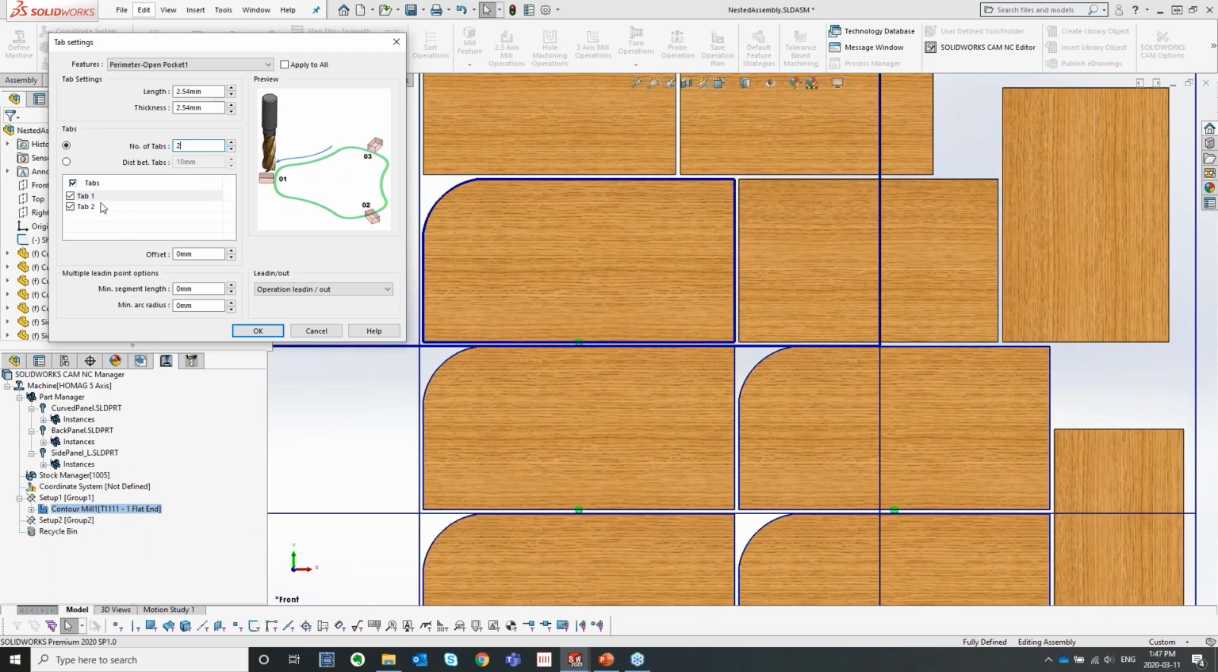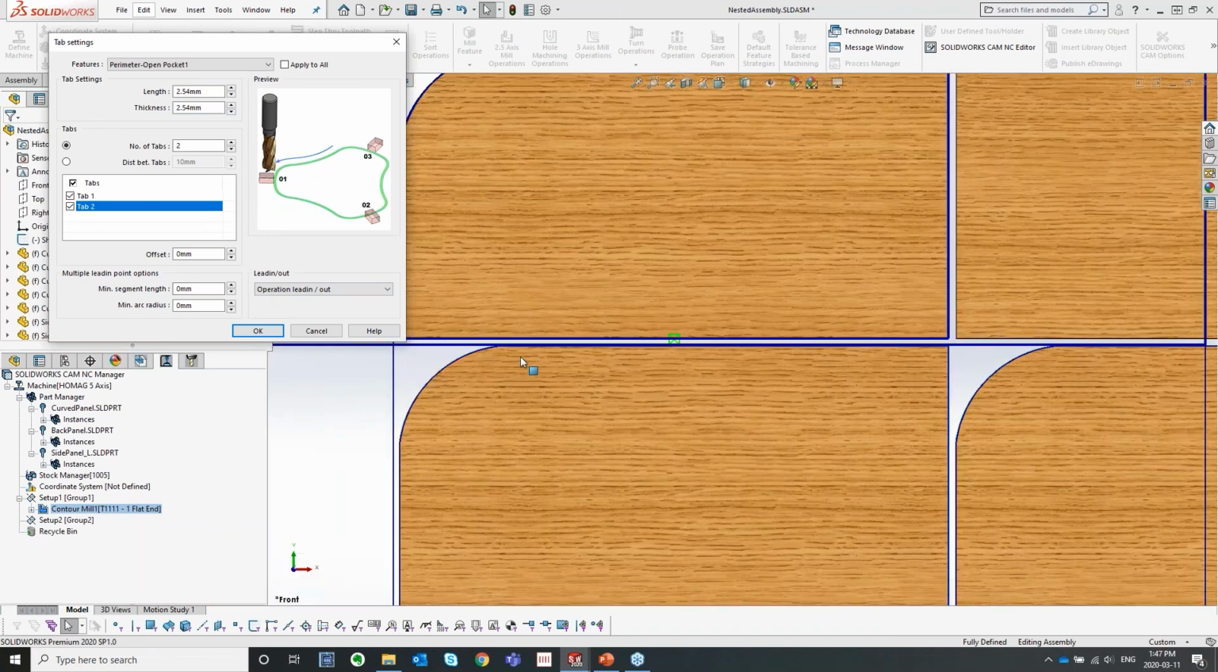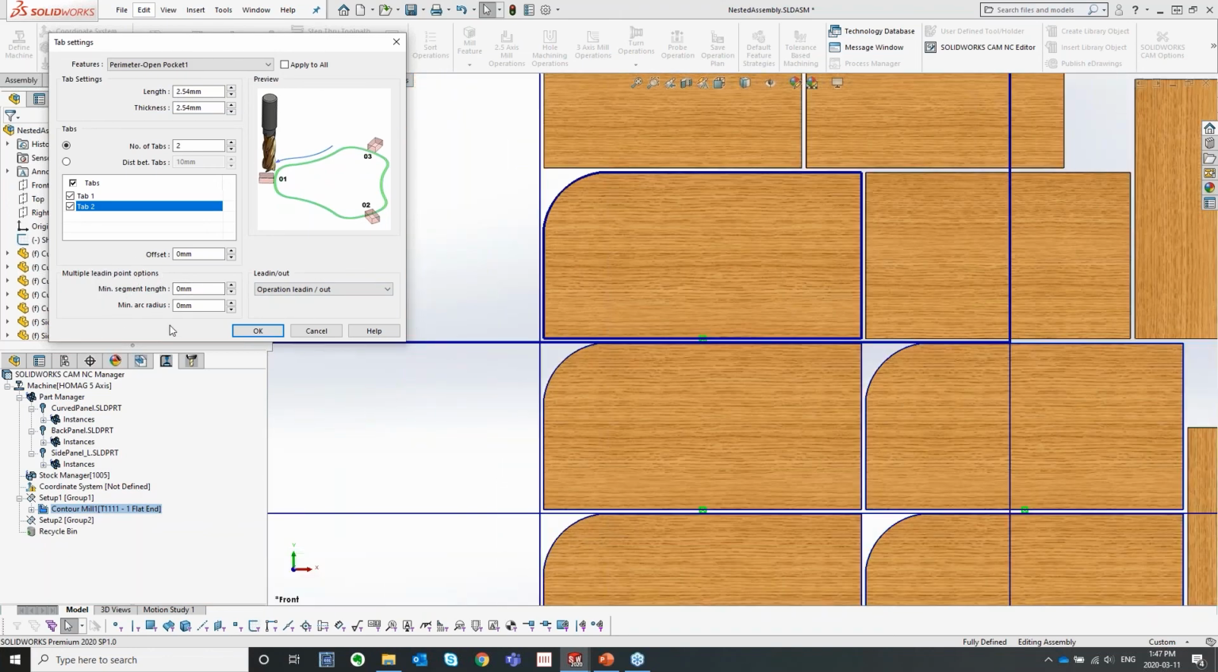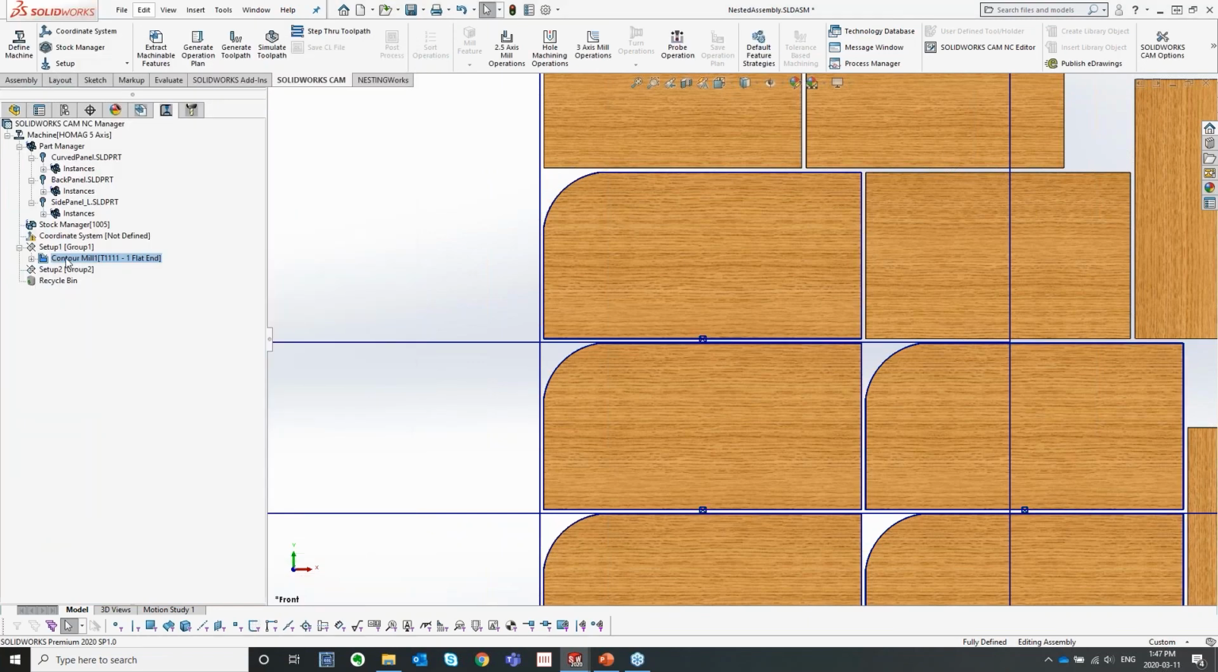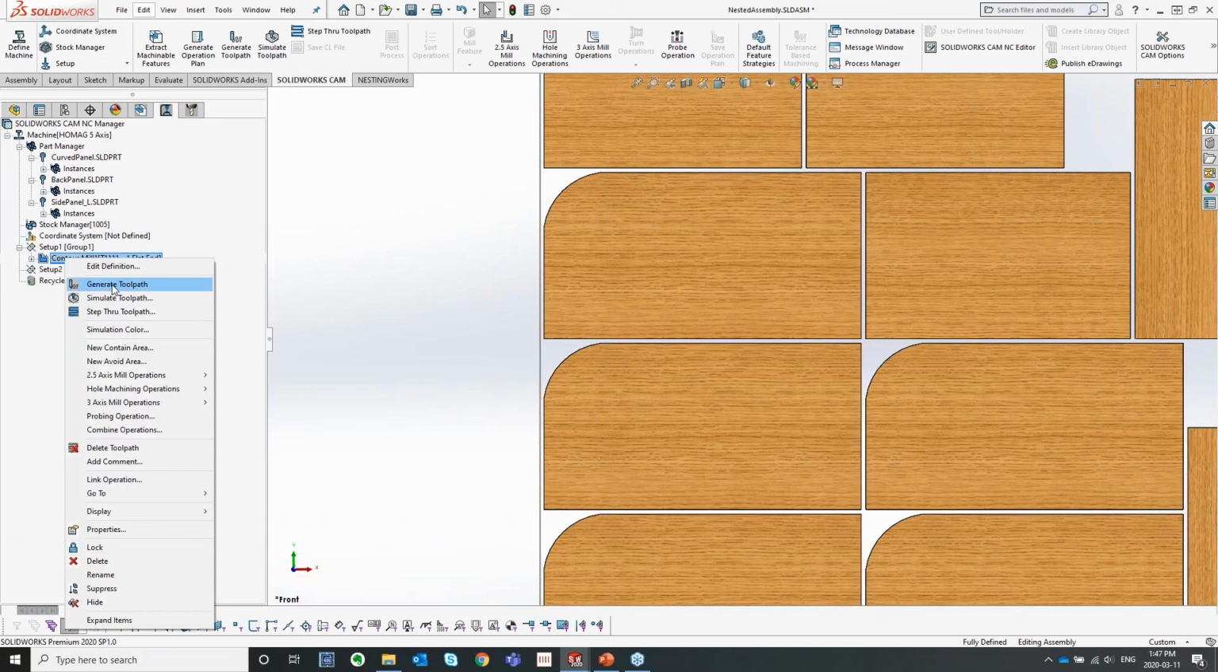Again, you can customize the actual tab, so we can offset tabs based on where they're located. So you can actually see the little previews. Multiple lead-in point options. So again, lots of different features inside of this option, but it's brand new for 2020, so I definitely recommend checking that out. And this is something people have been asking for a while with NestingWorks and with the CAM software. But yeah, it's just been added in 2020, so we can make use of the